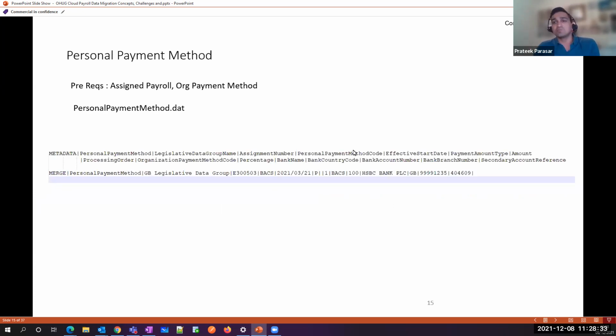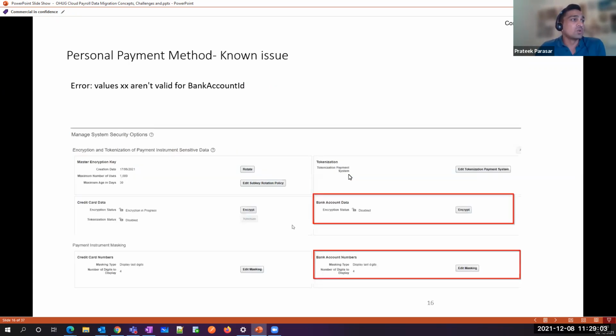Then once you have loaded the bank account, you can quickly move on to loading the assigned payroll personal payment method. But the prerequisite, as you already know, is that the person should have been assigned to the payroll, and the payment method should have been created, which will be created by the functional consultant anyway. So now in this example, we are telling the system for this person, use the same bank account information and call it a BACS payment. We have a BACS payment set up as a source payment, and 100%